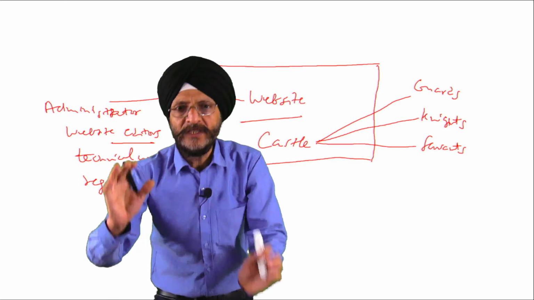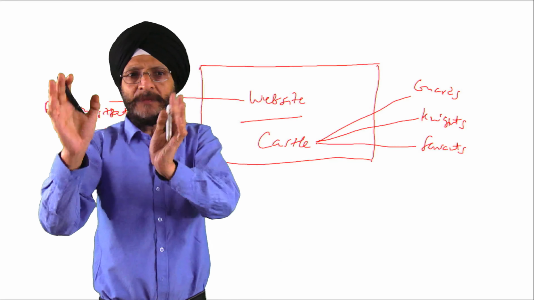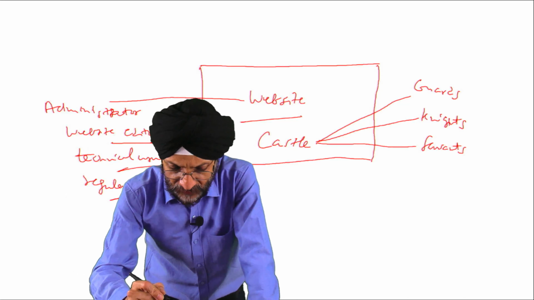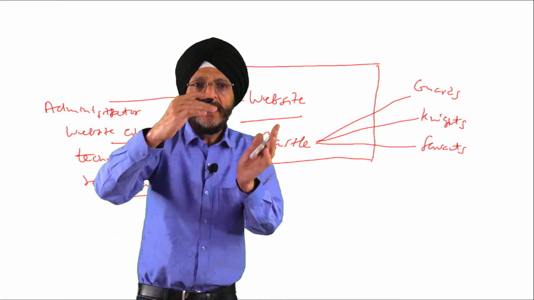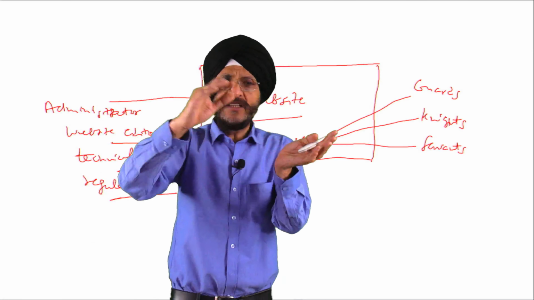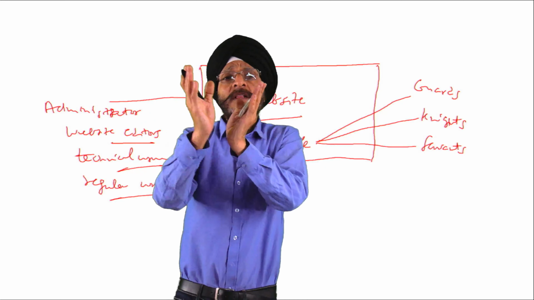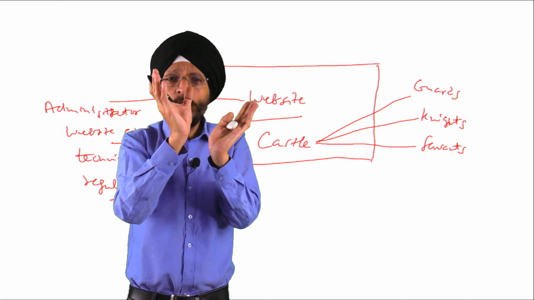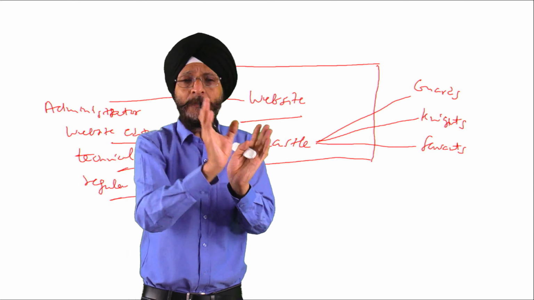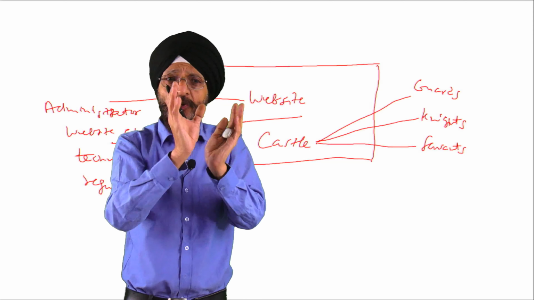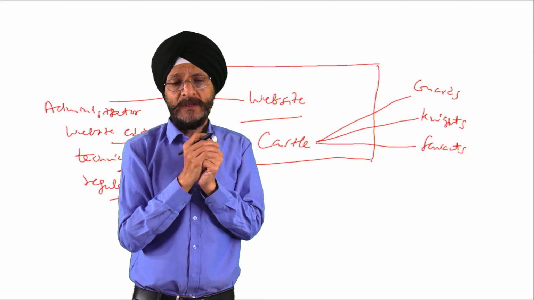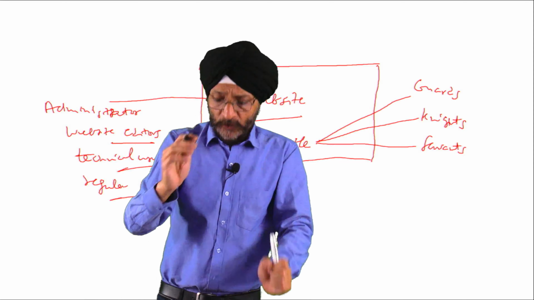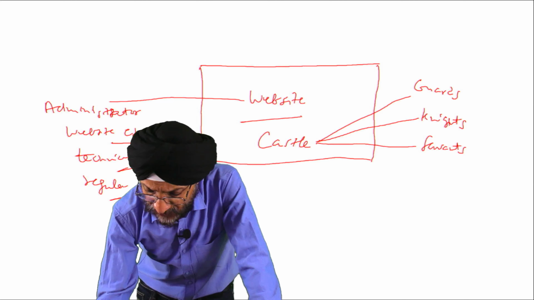We are only broadly discussing that in a website there are administrators, and then there are editors, technical users, and regular users. A large number of persons are there. So we have to clearly define the roles of different persons. What are their duties? Then we have to specify what the permissions are